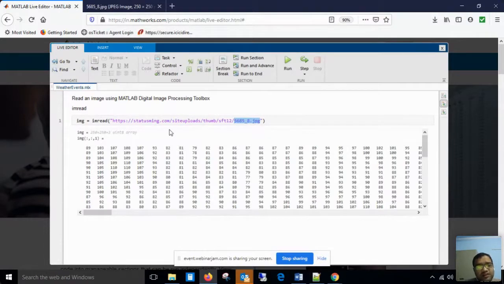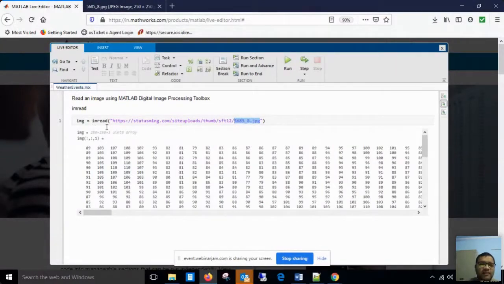Since this image is a colored image, whenever we are talking about colored images, keep in mind the third dimension reflects the color component. So my definition that a digital image is a two-dimensional function f(x,y), that is true, but that is only for grayscale images or monochrome images. When we talk about colored images, then we have a third component, which is reflected by this cross 3 component in the array, right? So this is the way I read my image.